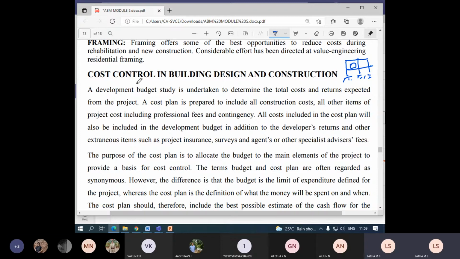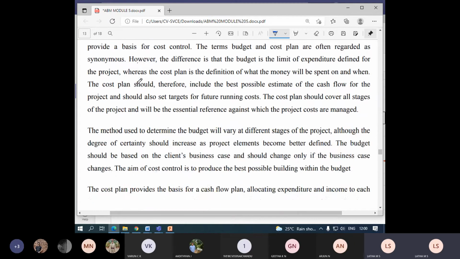When you start constructing, you have to have a design of it, a plan of it, and the material and manpower should all be available. With that only is it possible to have a cost estimation. Then you have to estimate the cost, and the project should never cross that estimated cost. If you cross the estimated cost, then you are running over, you overrun the cost.